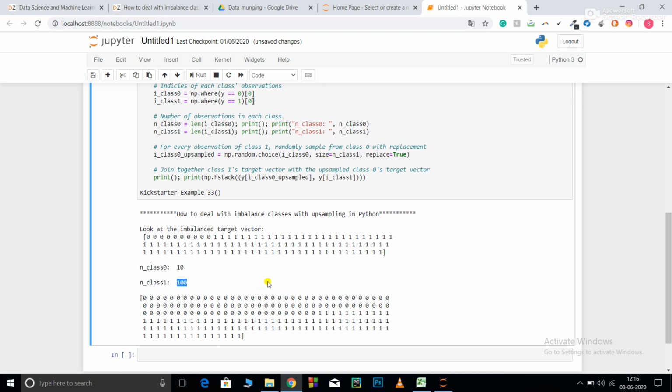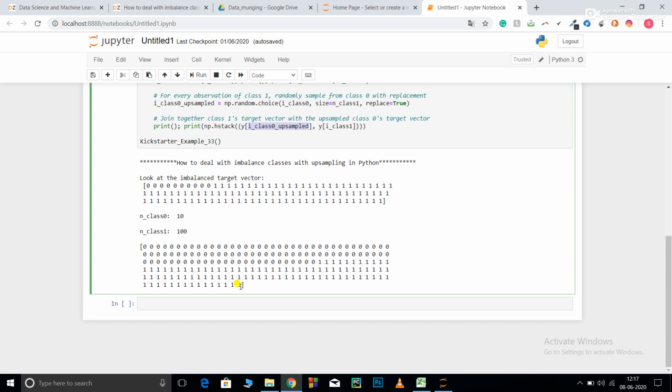It is going to randomly select data points from class 0 observations, with replace equal to True. Now print np.stack. Basically I'm going to combine my i_class1 and my i_class0_upsampled. So you can see this is how I dealt with my imbalance problem using upsampling.